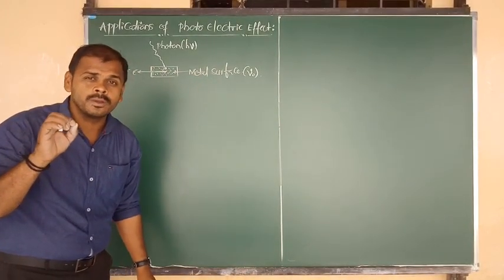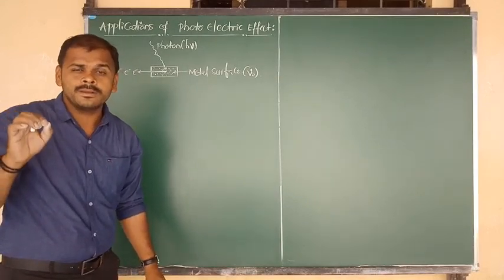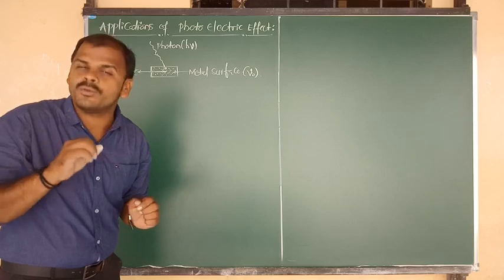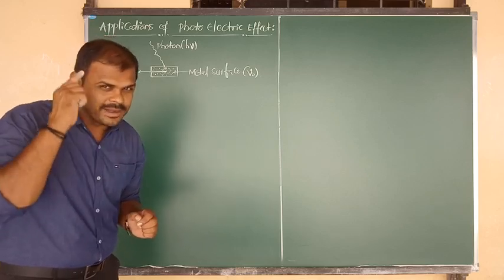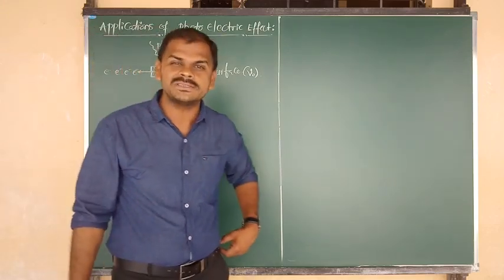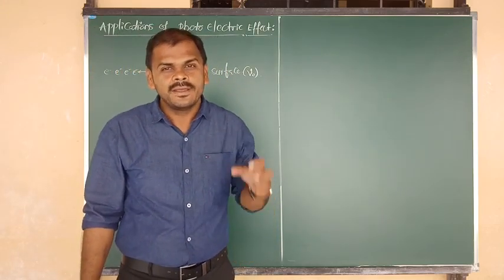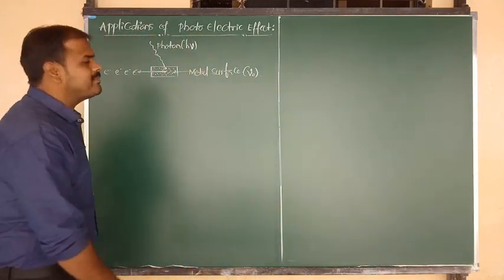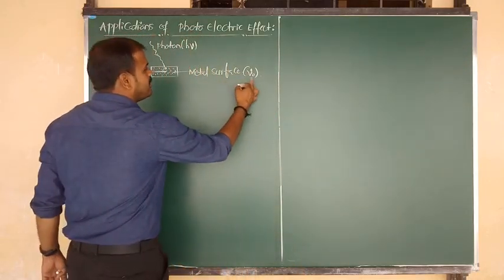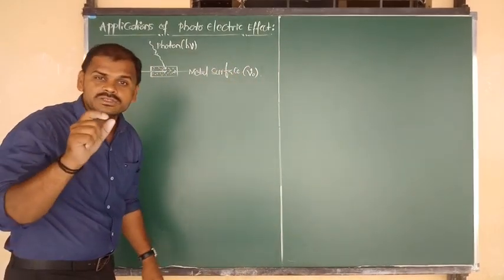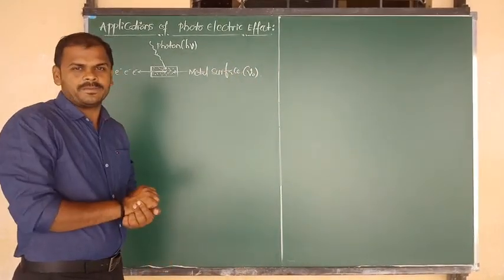And already I have told you that each and every metal must contain a minimum characteristic amount of frequency. Such a metal frequency, we said, is the threshold frequency. Yes, we have said that the metal frequency is known as the threshold frequency. The symbol we have mentioned is nu naught. So nu naught is nothing but the metal frequency, and also we can say the threshold frequency.